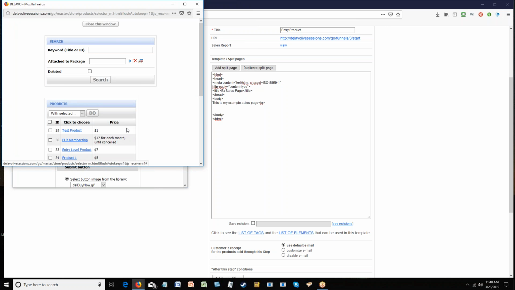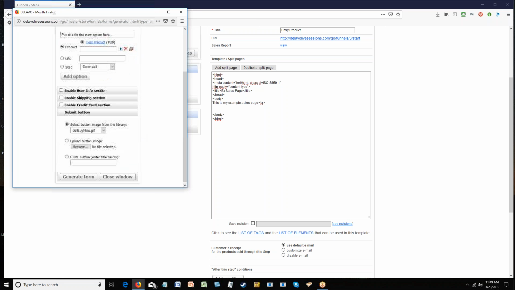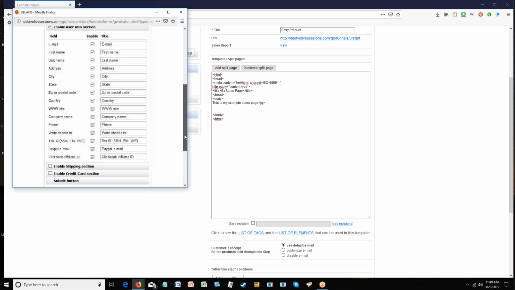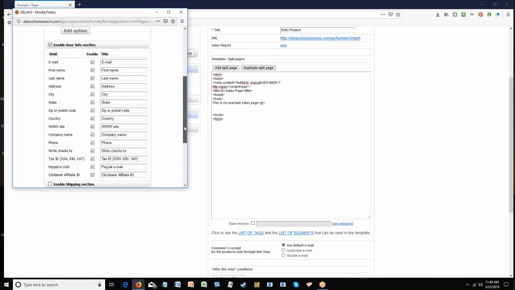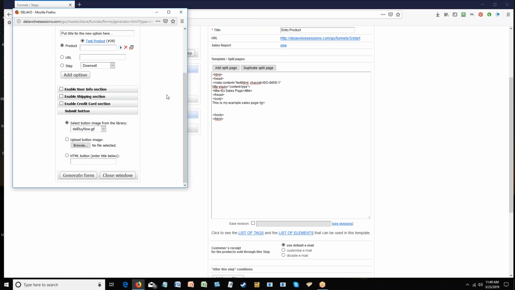And I'm just going to say this test product that I've set up, or a URL, or a step. I don't want to go for a step. You can add options. You can enable the user information. Again, that's just the section with all of this stuff which you would not really need, so you don't want to enable it because you've already gotten this information in the previous